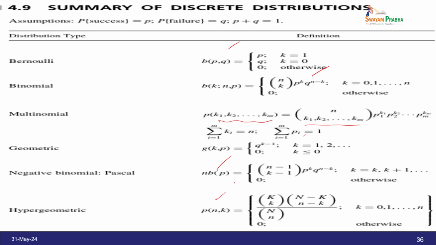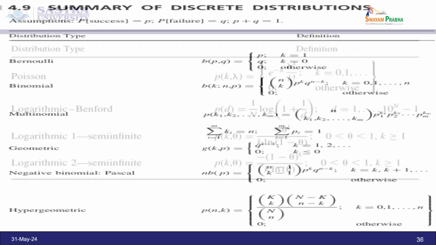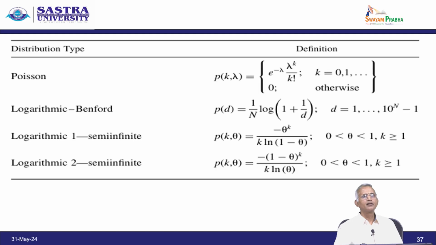For the hypergeometric distribution, P of n comma k equals kCk times n minus kC n minus k, divided by nCn, otherwise it becomes 0. So, this is the meaning of what we have revisited of all these things. Remember all this. And one more is Poisson. Poisson is based on the limiting case of the binomial. P of k comma lambda equals e to the power minus lambda into lambda to the power k by k factorial, otherwise 0,